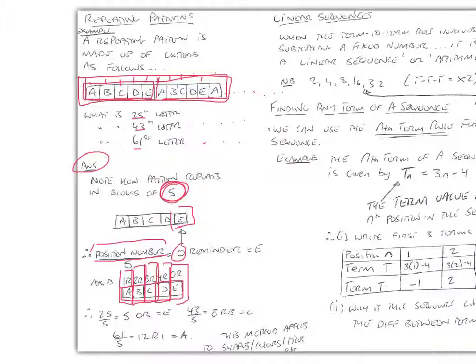This is a method that we use all the time, whatever the lengths of the blocks are. If it's 1, 2, 3, 4, 5, 6, 7, 8, if the pattern repeats in blocks of 8, we divide by 8. This is the no remainder, 7, 6, 5, 4, 3, 2, 1 remainder that we can use to name what the block is. So, for example,